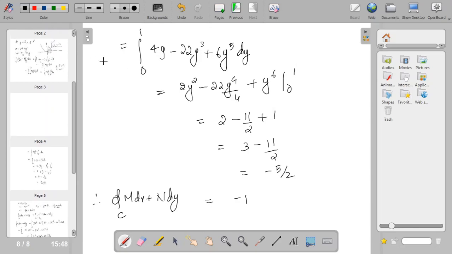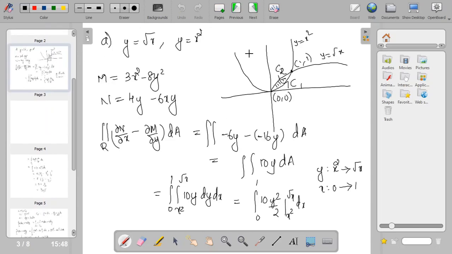Okay, ഇവിടെ plus 5 by 2 വരും. Here, when you take the curve y equal to root x, അല്ലെങ്കിൽ y square equal to x, we have taken y varies from 0 to 1. So it is actually 1 to 0. അതുകൊണ്ട്